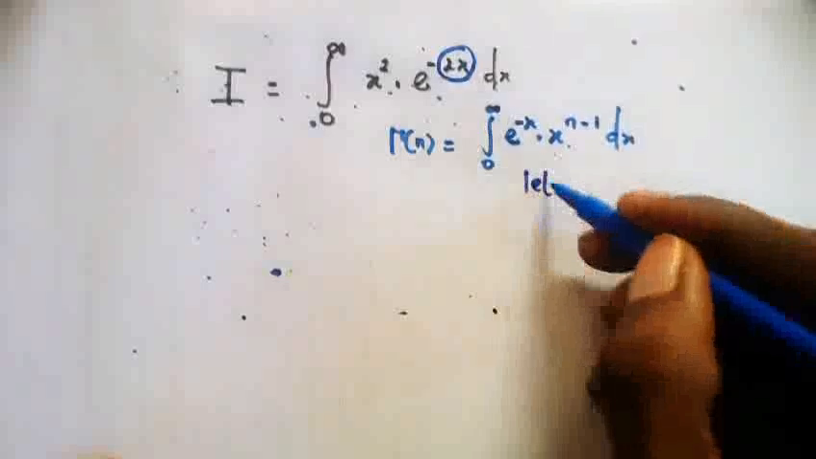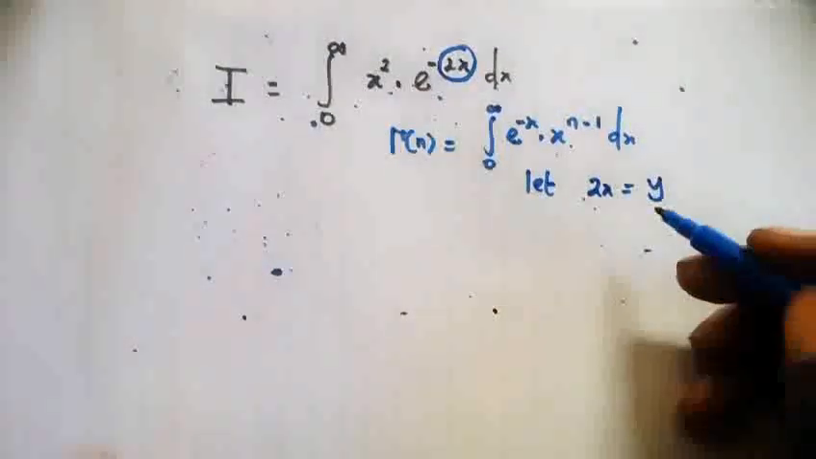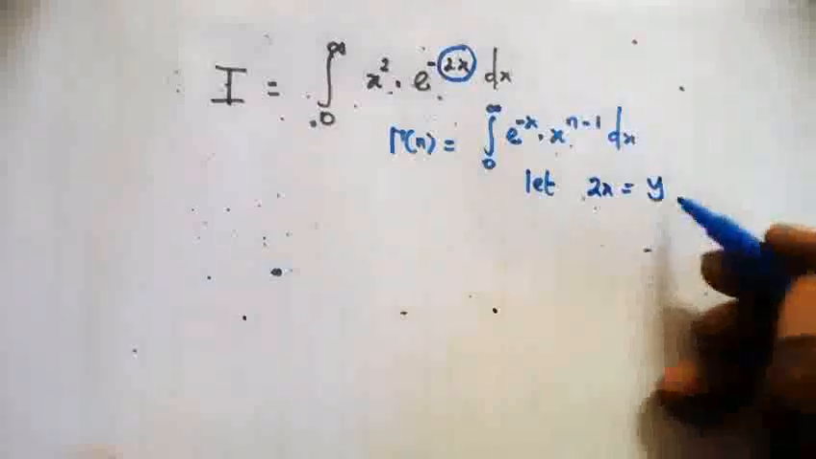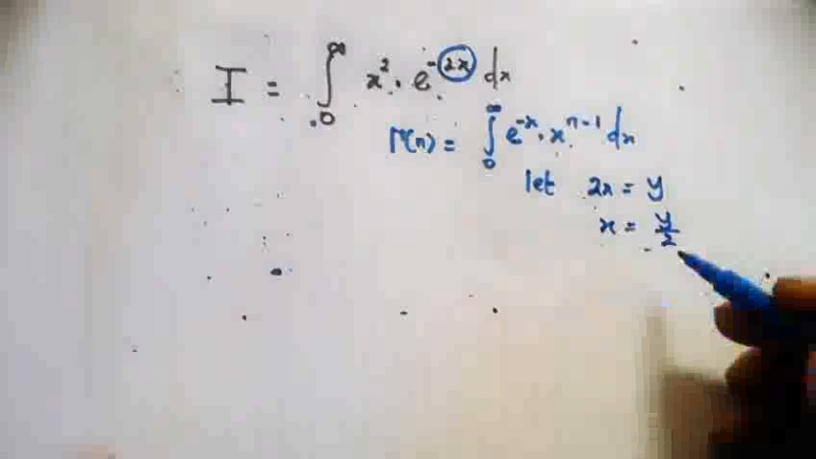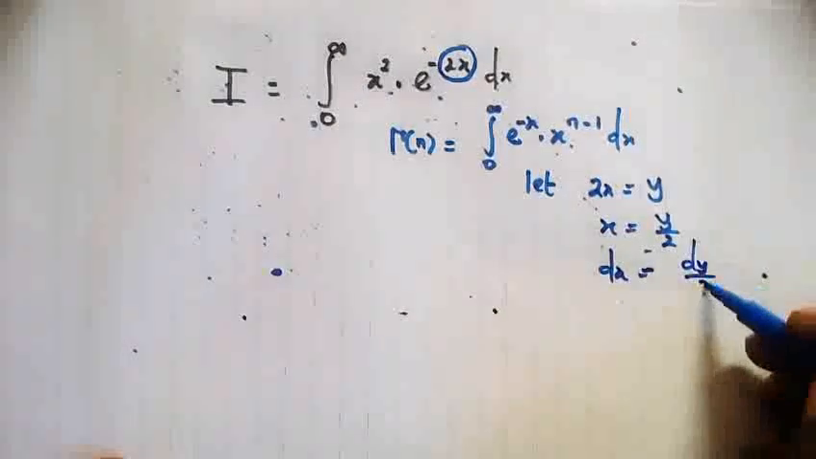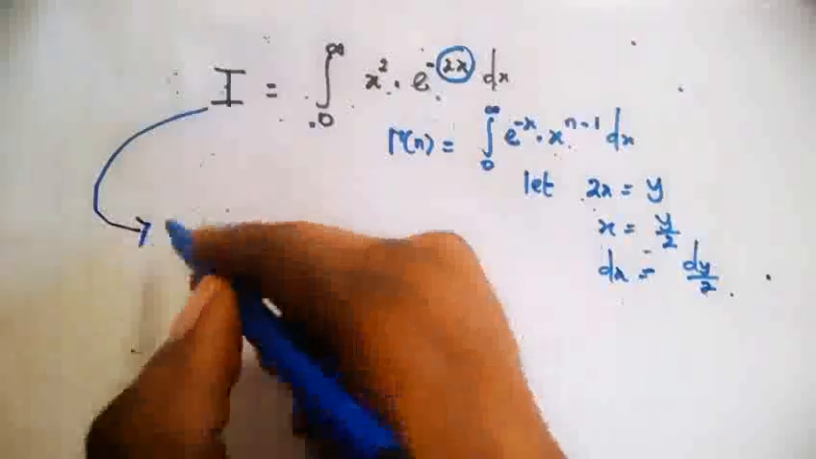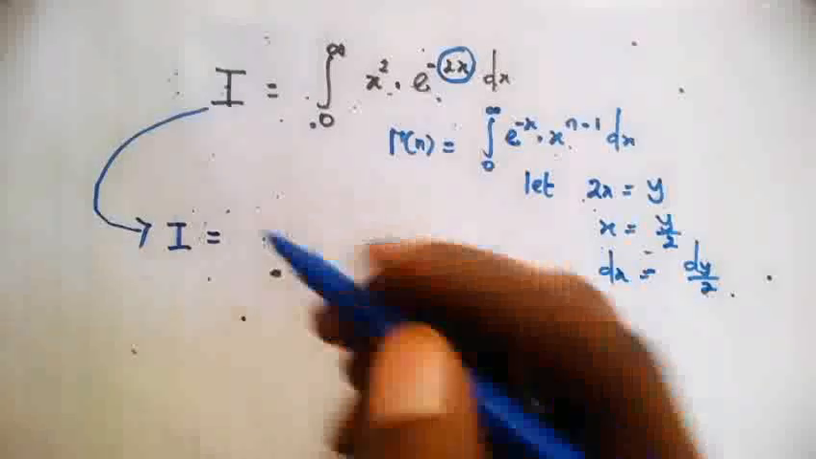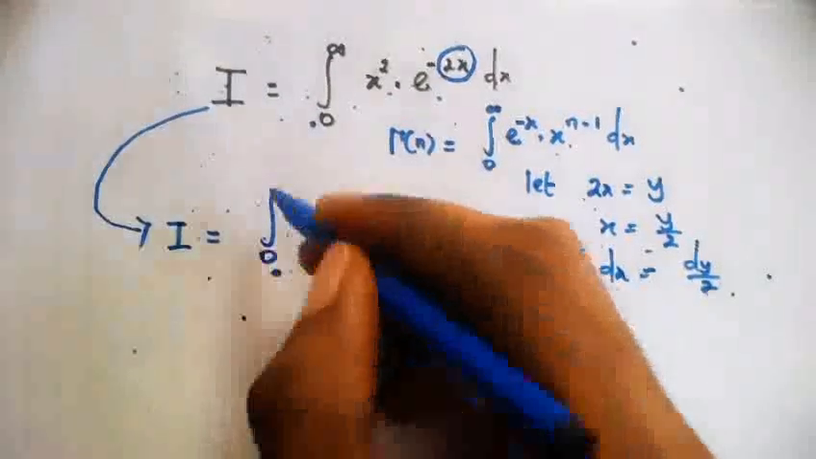Now we say let 2x equal to y. Now when we do this, divide both sides by 2, we get x is equal to y over 2. Now differentiate both sides, so we have dx is equal to dy all over 2. Now this I becomes